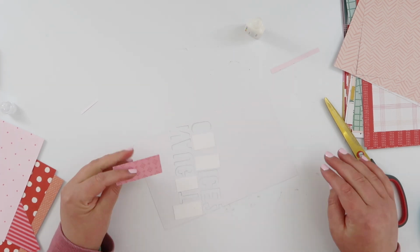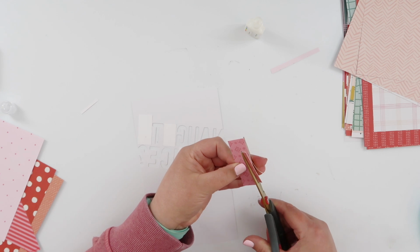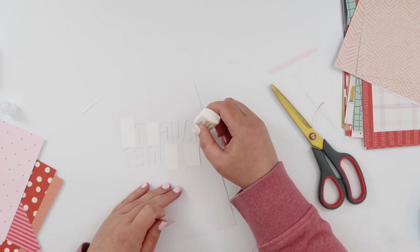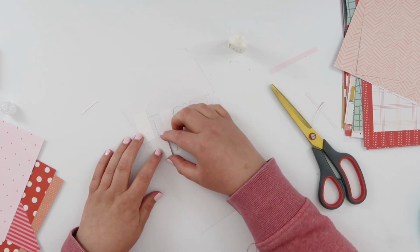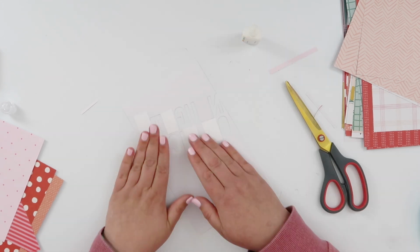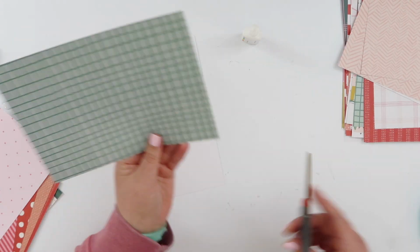So each pattern of paper that I'm using, I'm going to try and use twice. I think I calculated that I should have enough letters to be able to do that. And so I am adding one piece to the top line and one piece to the bottom, being moderately careful not to have them sitting on top of each other. So just trying to distribute those colors. So you can see it doesn't take too long, but I guess I probably was a little bit